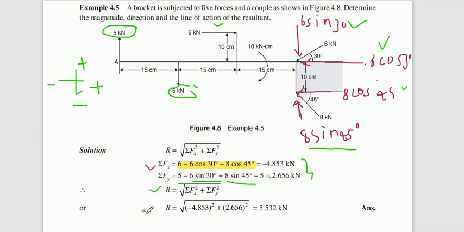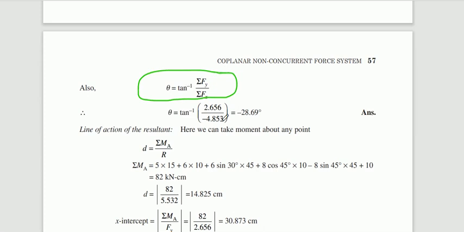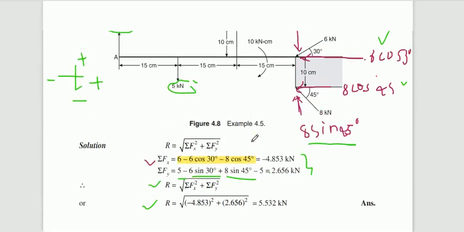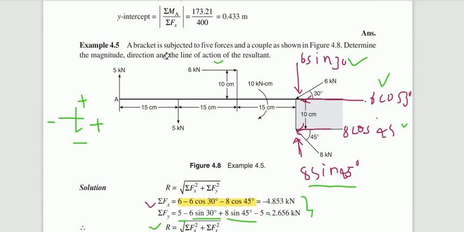We have the formula; you just substitute and simplify, and you will get the resultant. The direction theta is tan inverse of summation of Fy divided by summation of Fx. By substituting the values, you will get the theta value. So now you have to observe the moment here. Moment at which point? Moment at point A. So clearly observe the figure and tell me moment due to how many forces will become 0 at point A.